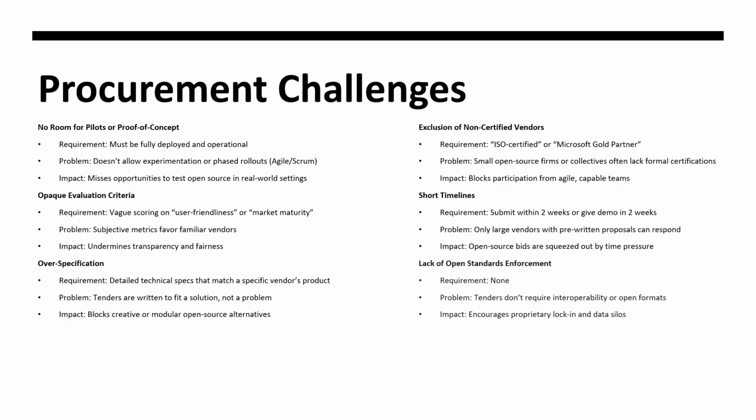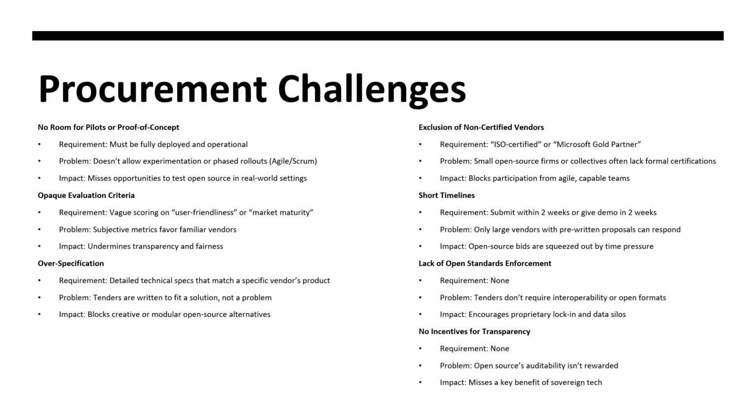Then there's no enforcement of open standards, which means that tenders don't require interoperability or open formats, encouraging proprietary lock-in and data silos. And finally, we often find no incentives for transparency, meaning that open source, auditability and public trust aren't rewarded, despite being core to sovereign tech. These aren't just technical oversights, they're systemic design flaws. If we want open, sovereign digital infrastructure, we need procurement that reflects those values, starting with how we write, evaluate